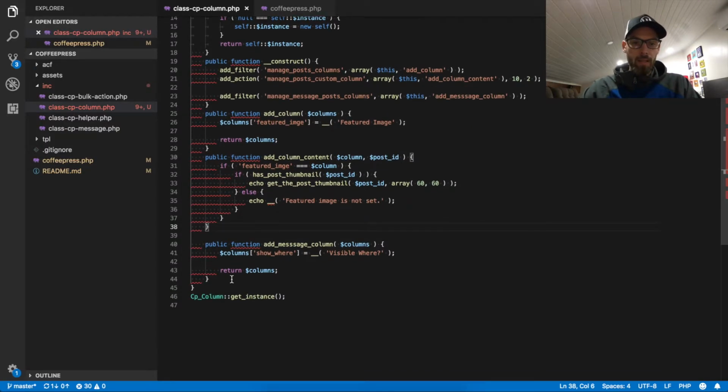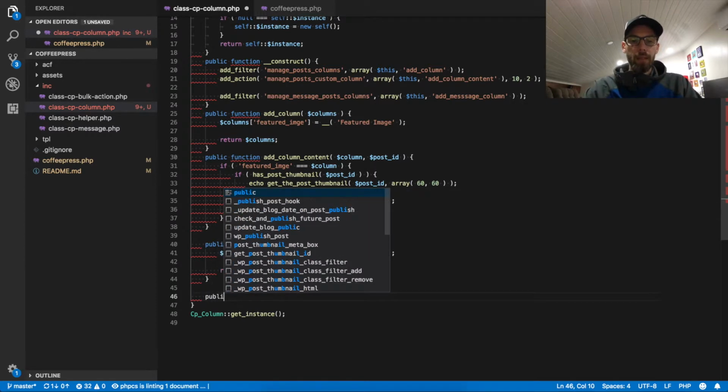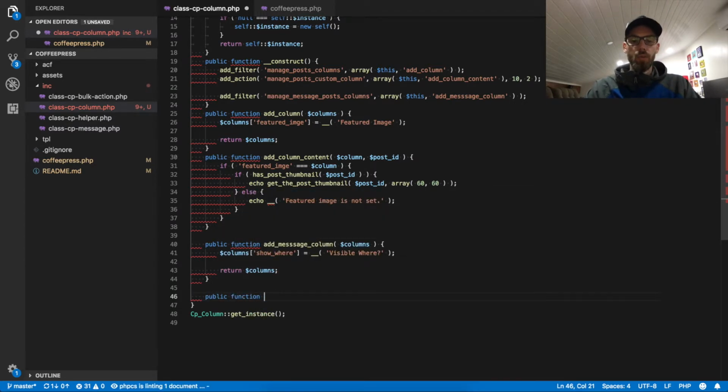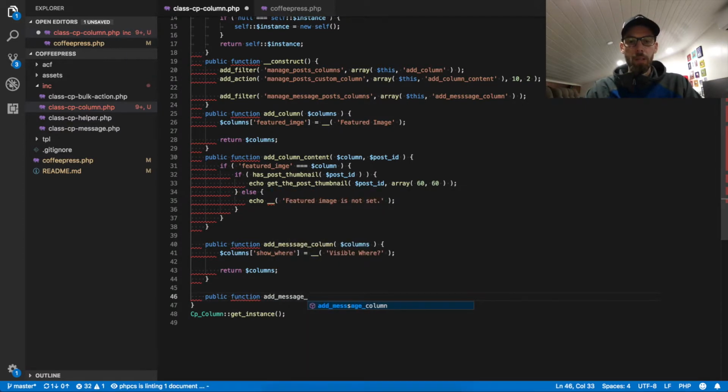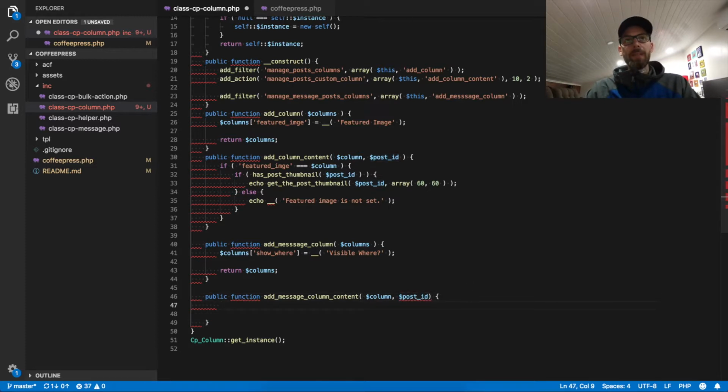So now, the same as we have done for the post, we need to create a function to add the content. So we'll call this add message content, column content, to follow some pattern. Okay, same thing, we need to have the column and the post ID. And let me see,